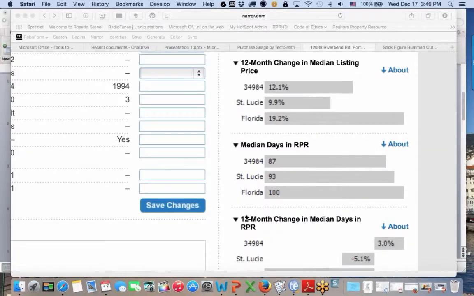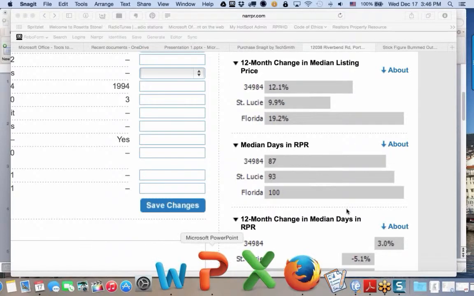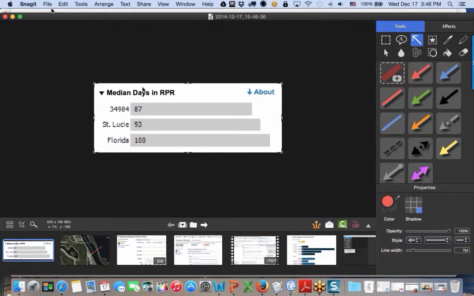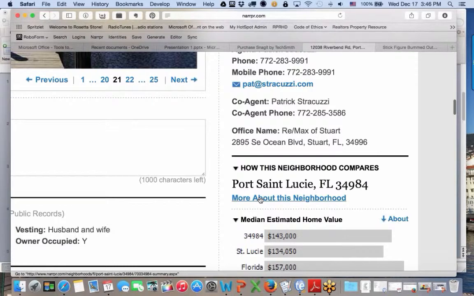And we'll take that picture. Now that's a pretty short days on market, but I just want to show you that we could take that picture of that particular chart, and actually we can do a better one than that because we can come over here and go to more about this neighborhood,